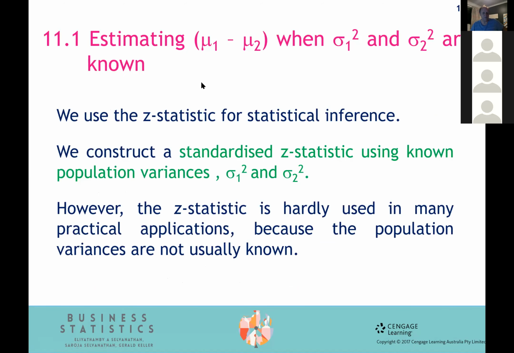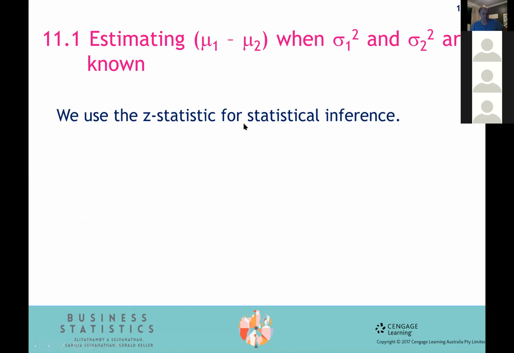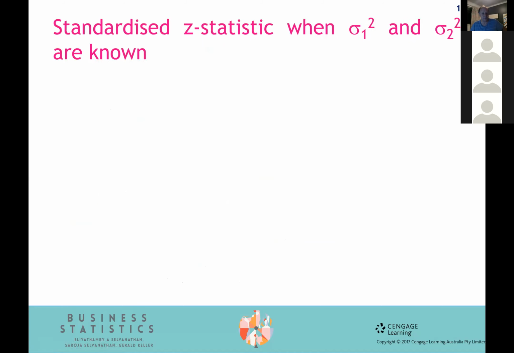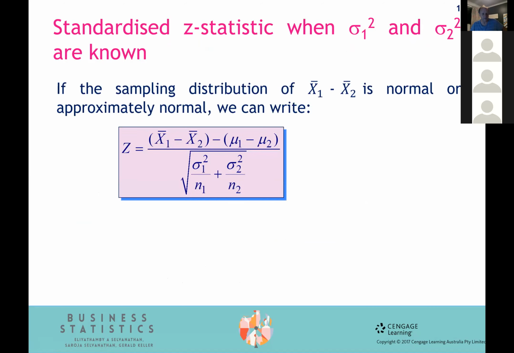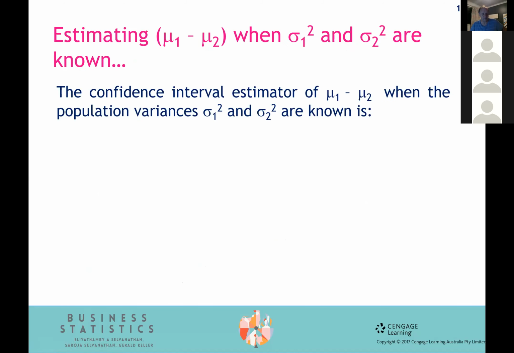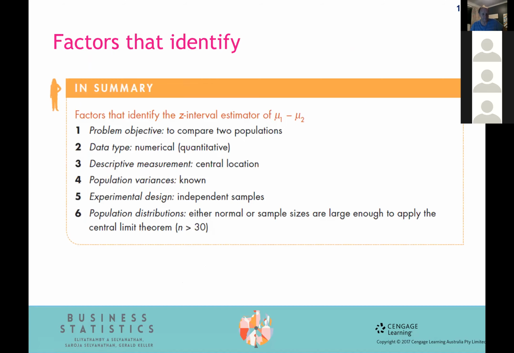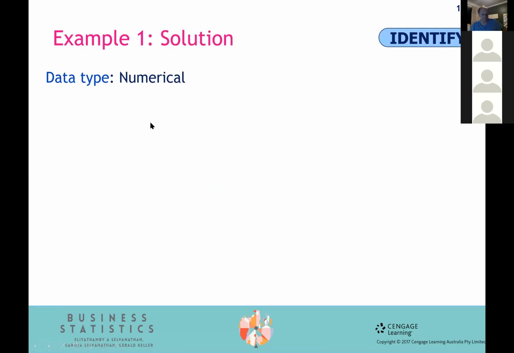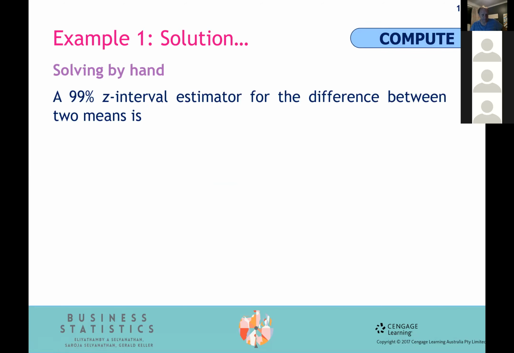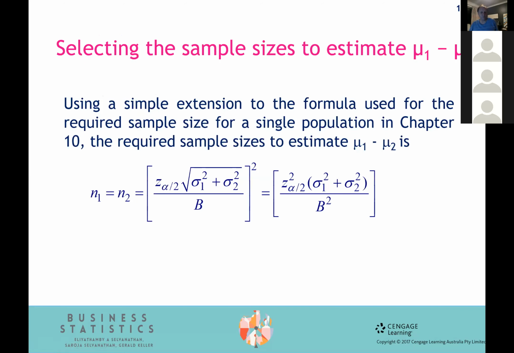Okay. Now, if the variance is known, we can use a Z statistic. That is what we say. I'm not going to focus on that because it's seldom true that the variance is known. Okay, and so they work through all the calculations, which you don't have to worry about. And then they work through an example, which you can worry about if you want to, but you don't have to. Okay, and they do the whole thing.